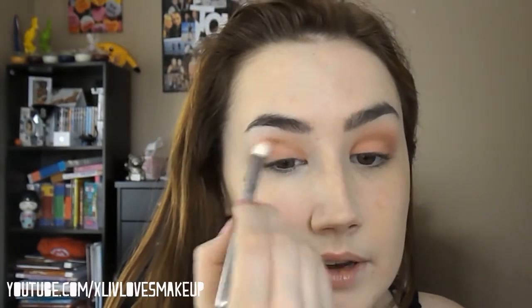I'm going to go on with Passion Fruit, which was the crease colour, and just apply that over the dark brown just to help to feather it out a little bit and blend it all in with the look. And again, I'm going in with Cherry Blossom. I'm kind of just working on the gradient. So you can see that that's just a really pretty, I guess now that I'm looking at it, it's not so neutral,